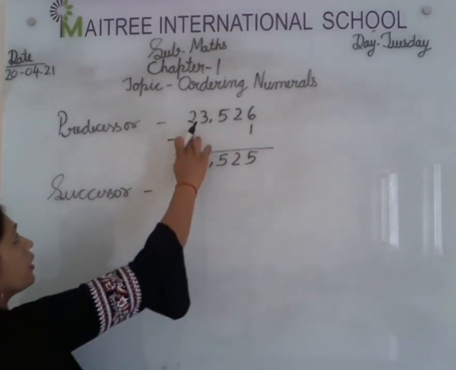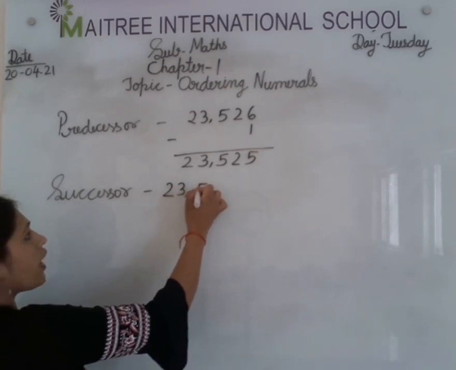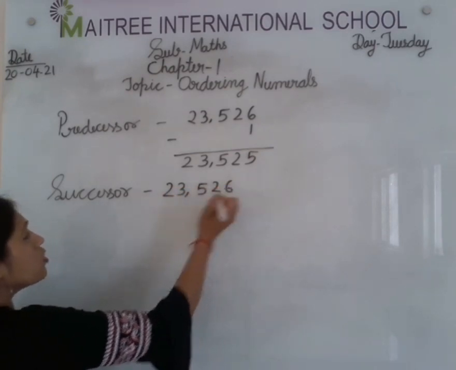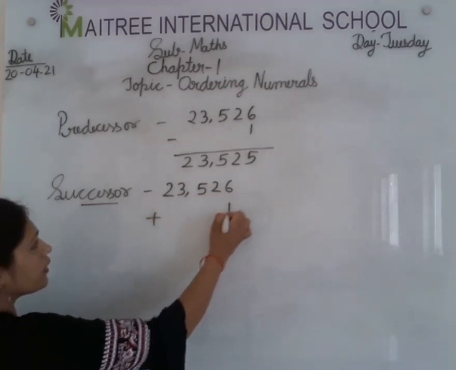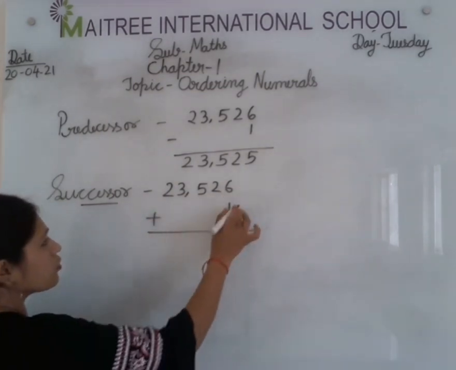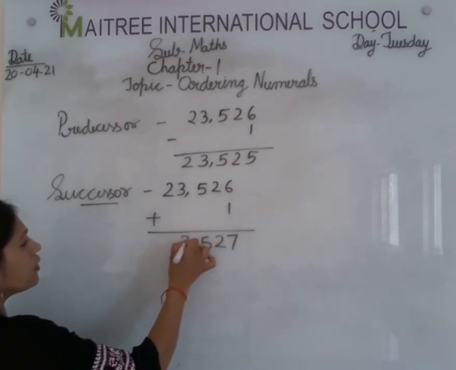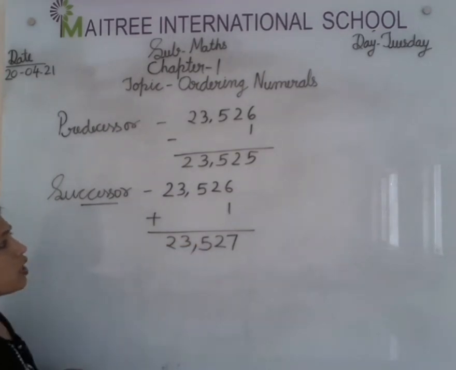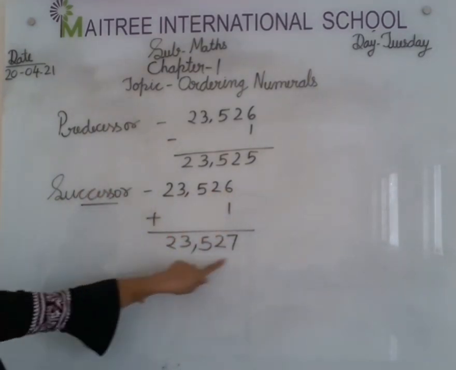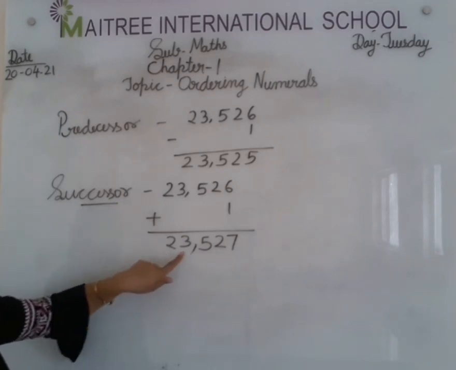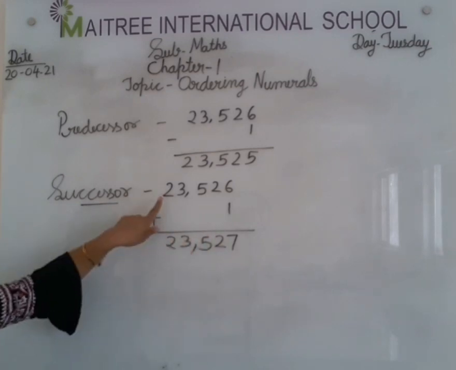If I am talking about this number only, 23,526, what is the successor for this? We have to add 1 here. 6 plus 1 means 7, 2 as it is, 5, 3, 2. So 23,527 is the successor of